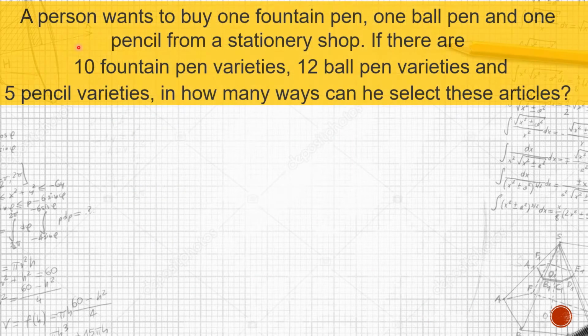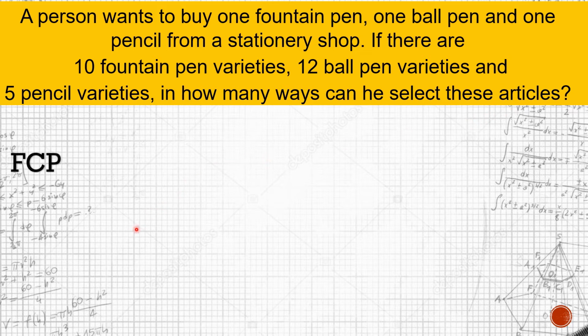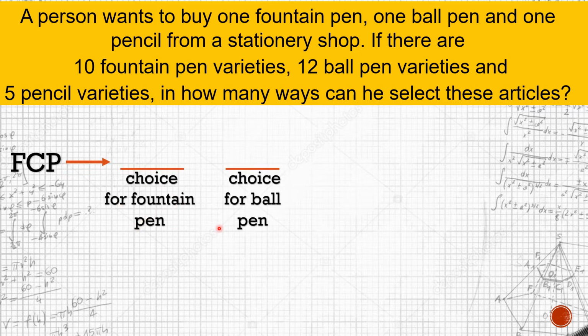Let's try another problem. A person wants to buy 1 fountain pen, 1 ball pen, and 1 pencil from a stationery shop. If there are 10 fountain pen varieties, 12 ball pen varieties, and 5 pencil varieties, in how many ways can he select these articles? So, using fundamental counting principles, i-identify natin kung ilang beses siya pwedeng mamili ng fountain pen, ng ball pen, at saka ng pencil. So, from the problem,